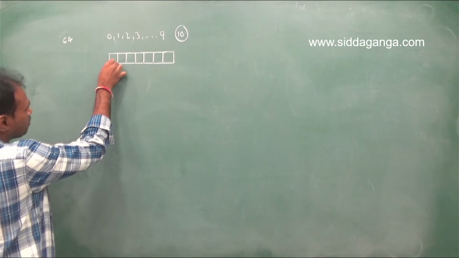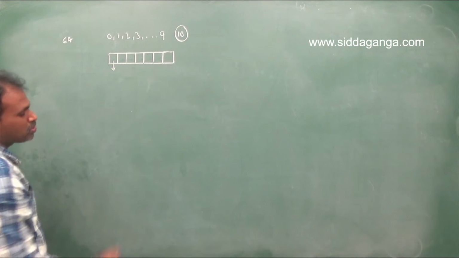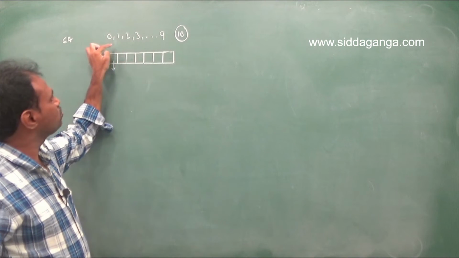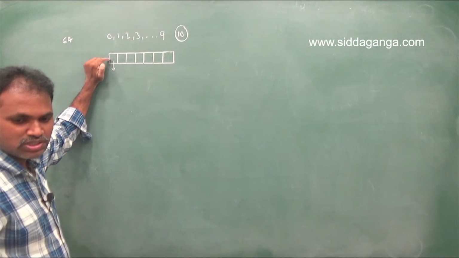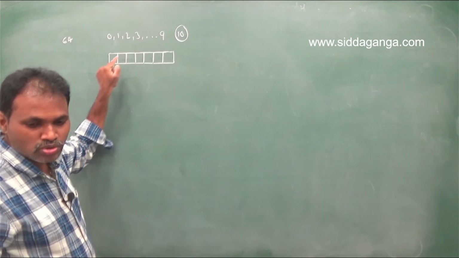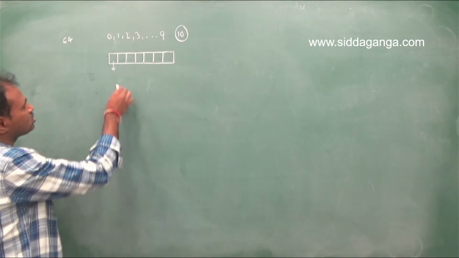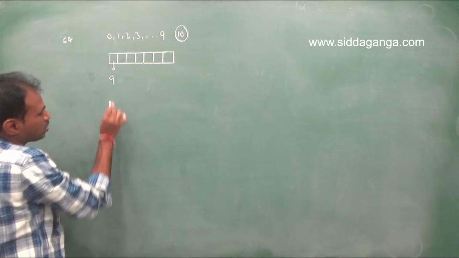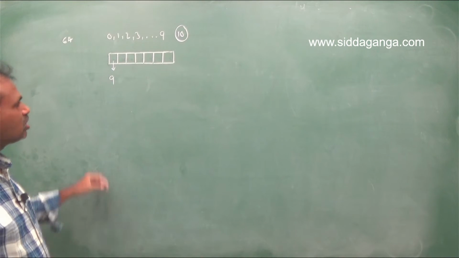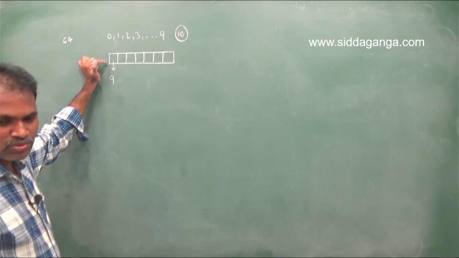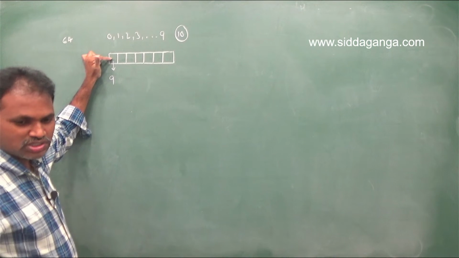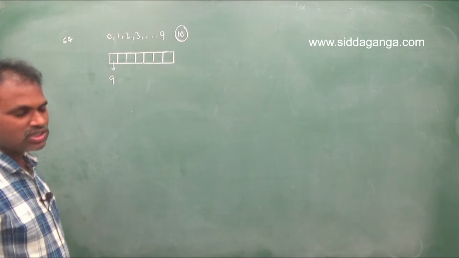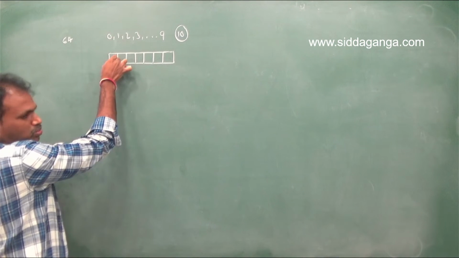First I am arranging 7-digit numbers. For a 7-digit number, the first box you can fix in 9 ways. You should not fix 0 in the first box, because if you fix 0 there, that number is converted into a 6-digit number. Thus we fix the first box with digits 1 to 9. But you want a 7-digit number, therefore 0 should not be fixed in the first box.